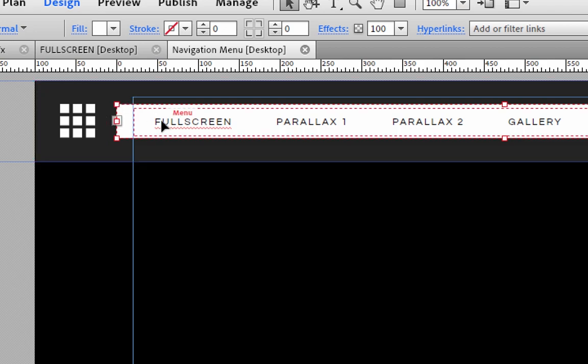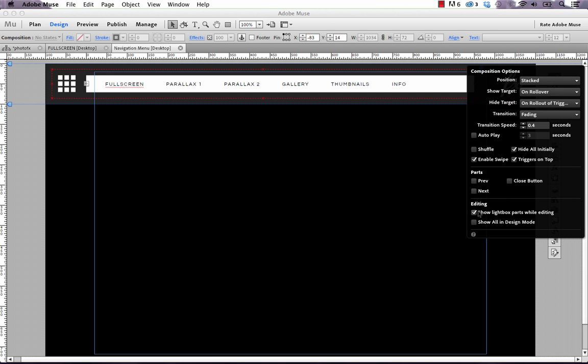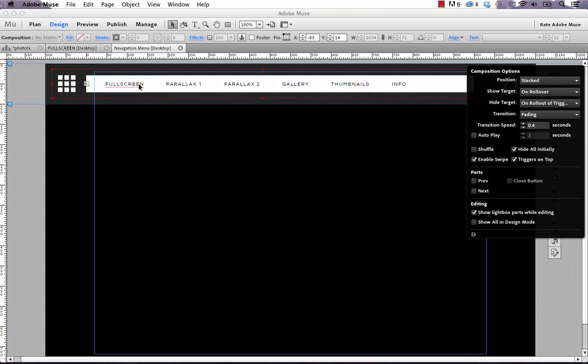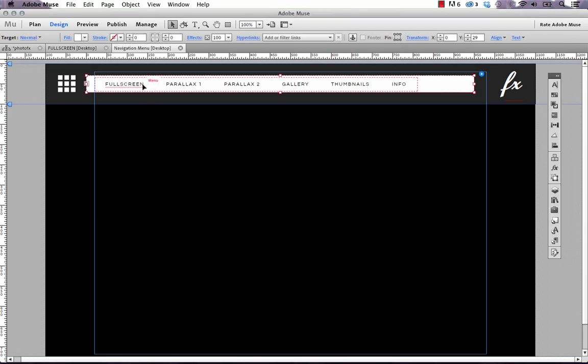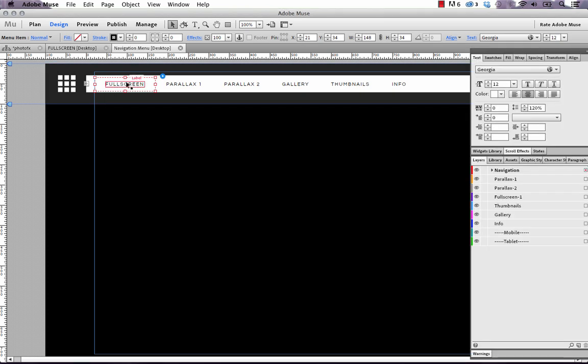So if you click on this widget here and you go to the options file and you turn off show lightbox parts while editing, it actually hides that bit of the composition so you can see what's behind it. If you wanted to change this font or change the style of it, it's as simple as just clicking on any of the areas. And let me click in there far enough so that we're actually on the label. And right now it's set to this font called Questrial and size 12,